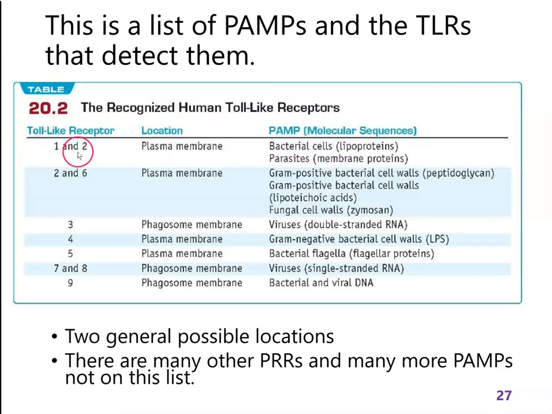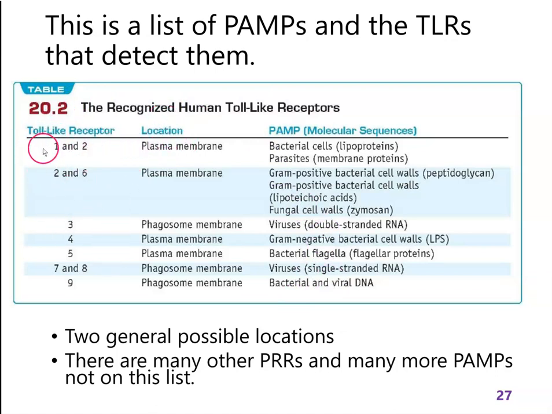So these are the PAMPs, and these are the toll-like receptors. This is not something you have to memorize. I don't care if you remember which toll-like receptor goes to which PAMP. What I care about is that you look at this pattern I'm going to show you. So what we see is some PAMPs over here, and these are just different things that you'd only see in pathogens or only in microorganisms that have invaded our body. And a lot of these are molecules you will recognize from this class. But the other thing in this table